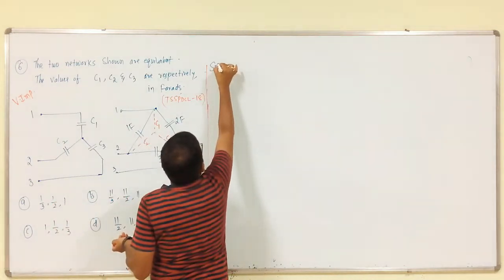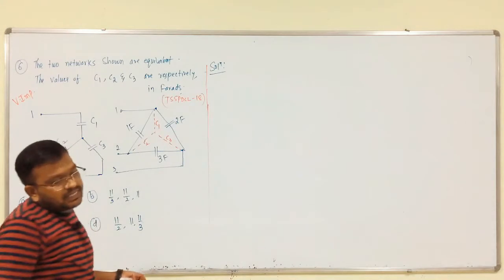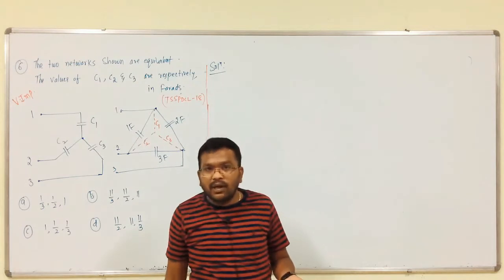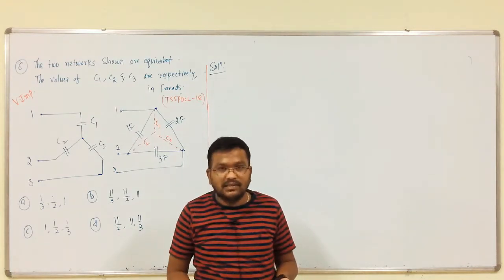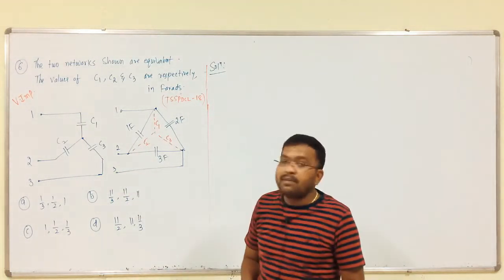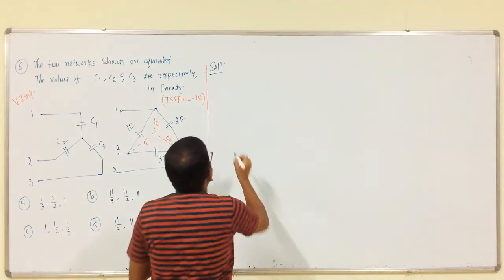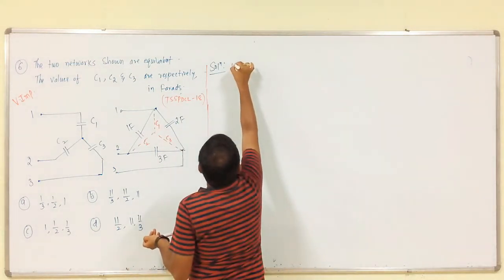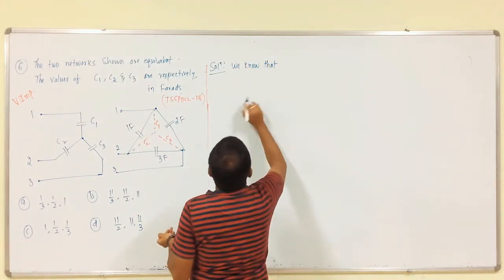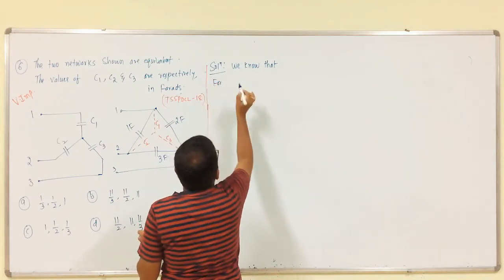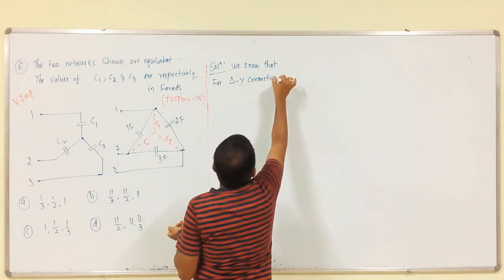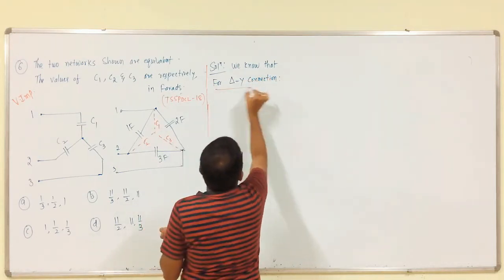Solution. We all know that whatever may be the circuit, whether it is star connected network or delta connected network, if one circuit is given, we will get the other circuit's branch resistances as well as inductances or capacitances also. So, this is the type of problem. So, before that we know that first we would like to do delta to star connection. Okay. We know that for delta to star connection,